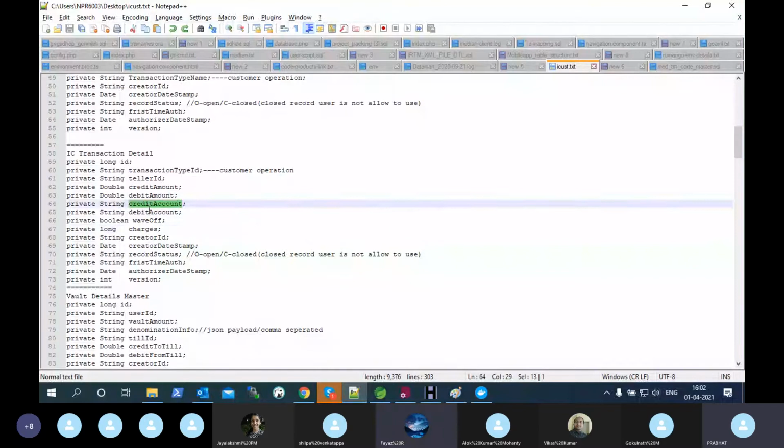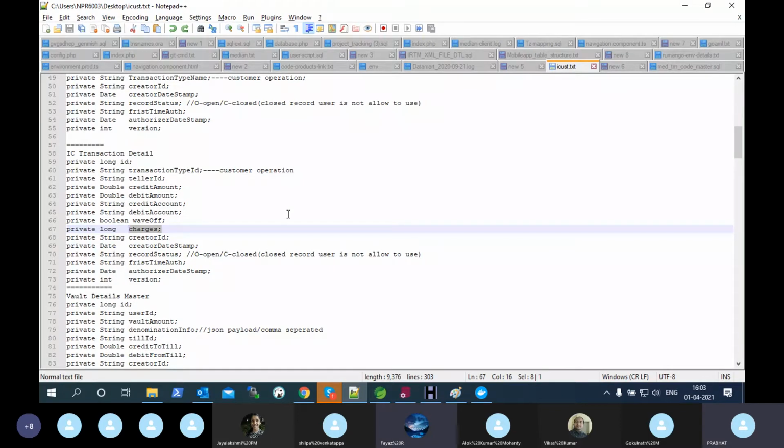This credit account and debit account is for the transaction, for the user. Suppose for charges we want to maintain a credit and debit account, then we can create a separate table for charges. Based on this reference, we will put the account there, and then we can get information on which account it is credited and which account it is debited. For now it is just information on how much charges for that transaction. If no charges, it will be 0.